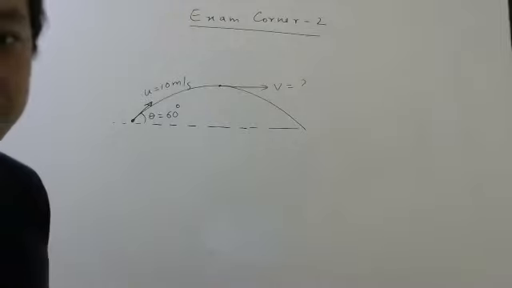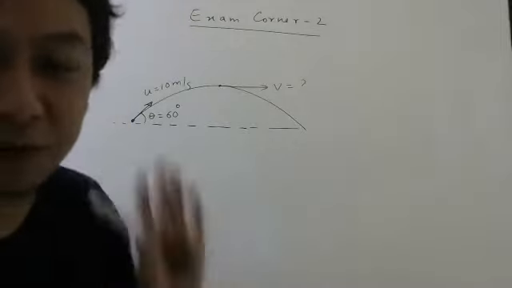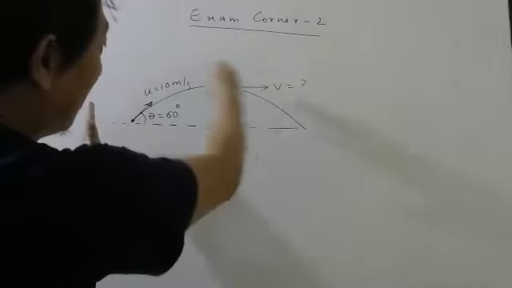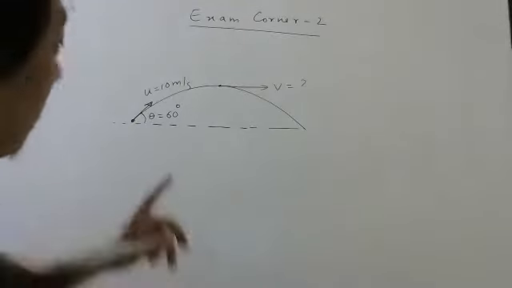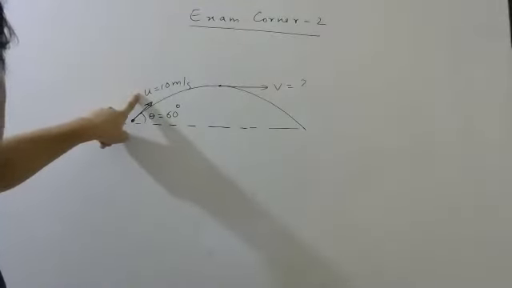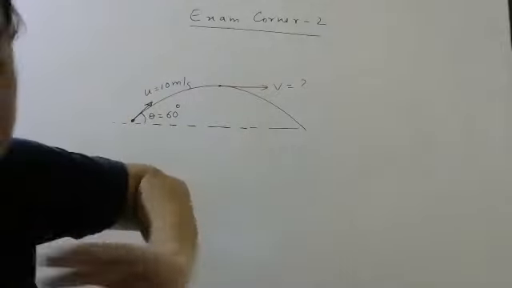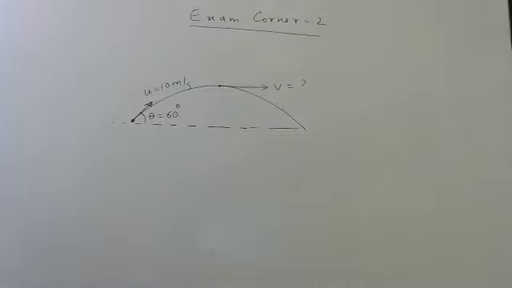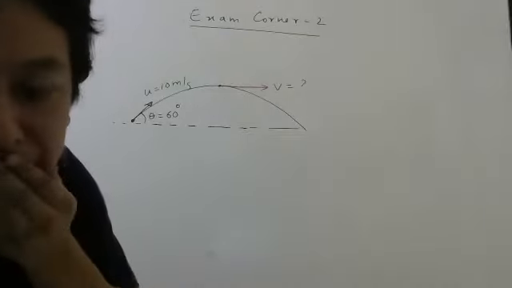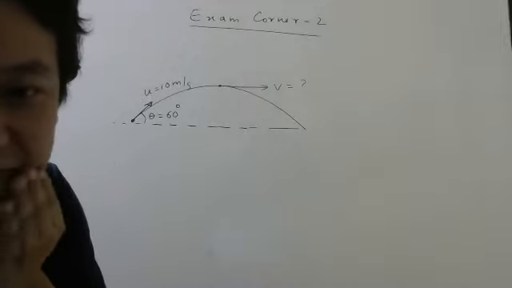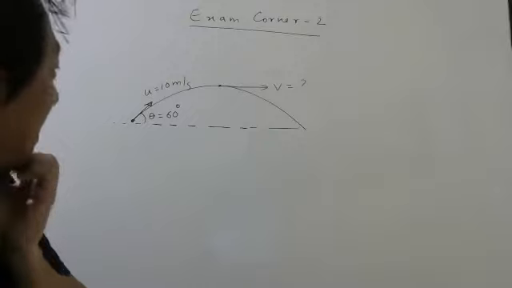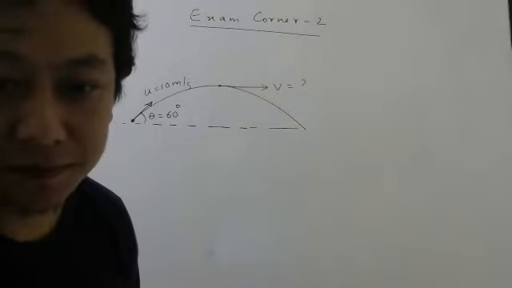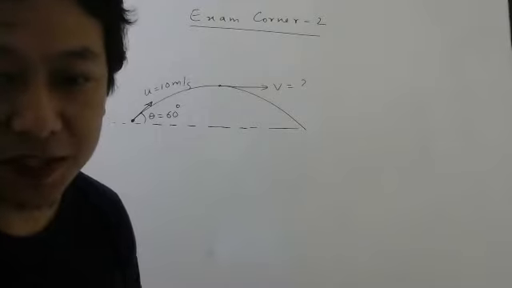Try once. Anybody? No other information is given. This height is not given. Time taken is not given. Nothing. Only I'm giving you initial velocity is 10 meter per second at angle 60 degree. What will be the velocity at this point? Anybody? 5 meter per second. What is the logic you used, Karthik? Can you mention the logic which you used?